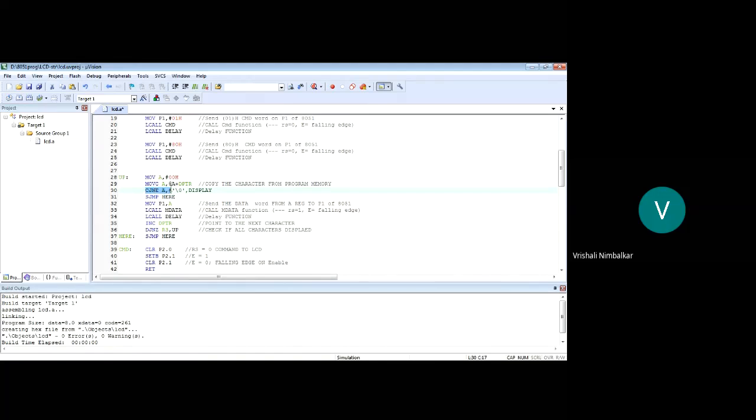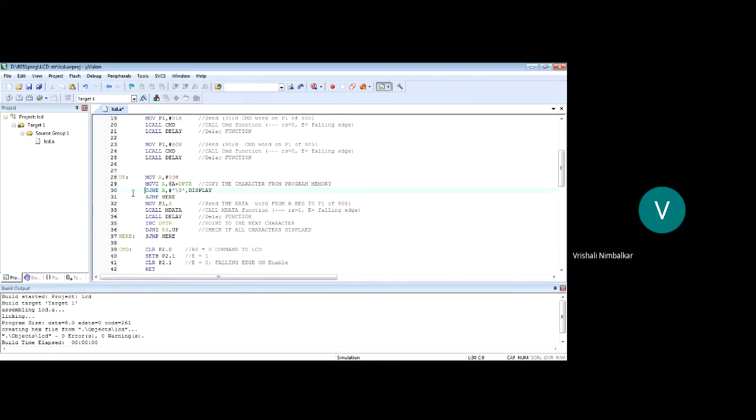If the received character is the null, it means we have reached the end of the string. The comparison is equal, so the jump will not take place. If not equal, the jump will take place. How is the instruction? CJNE, compare and jump on not equal. But if the characters are equal, the jump will not take place. The microcontroller will go to execute the next instruction. And what should be the next instruction? End the display program, because I have received the null character. So that's the reason we have written SJMP here, and it's the end of the program.